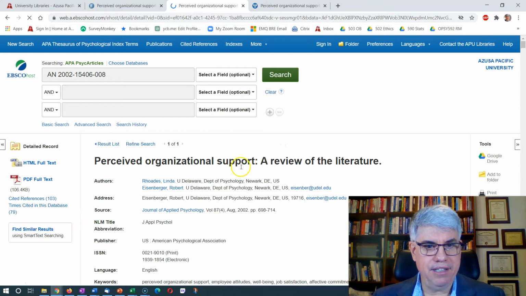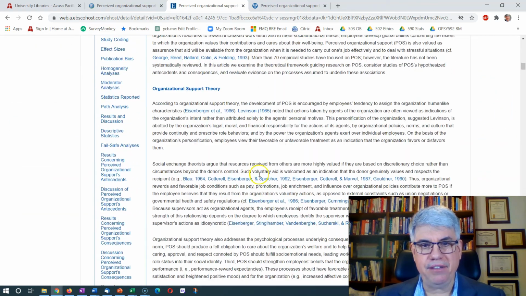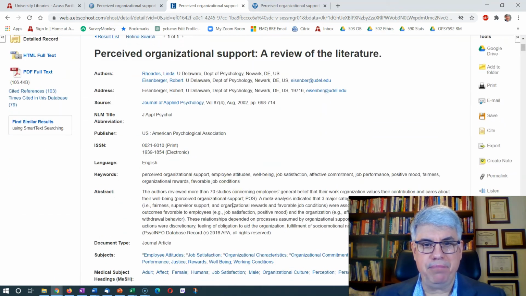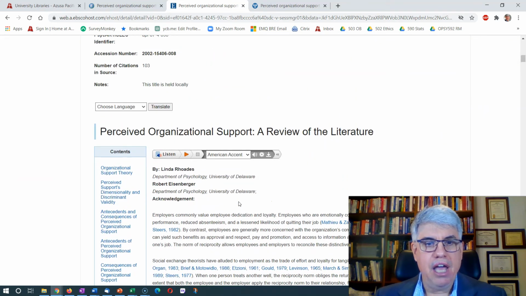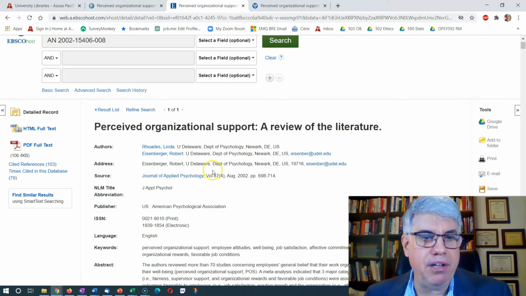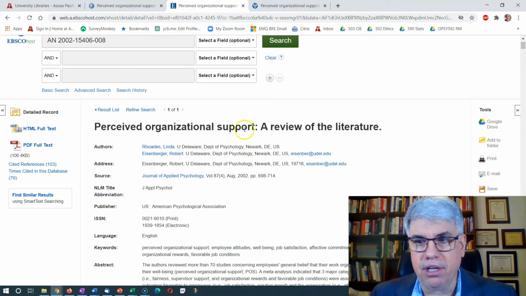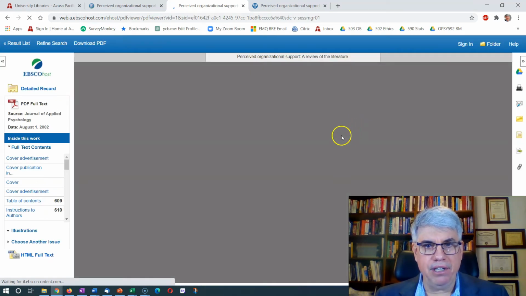And here we have perceived organizational support, a review of the literature, and it gives me the text in HTML. Now, that's not good because the illustrations aren't there, the formatting's not good. You don't want to read the text in HTML. You always want to go to the PDF full text. So look around for the link for the PDF full text, click on that, and it will